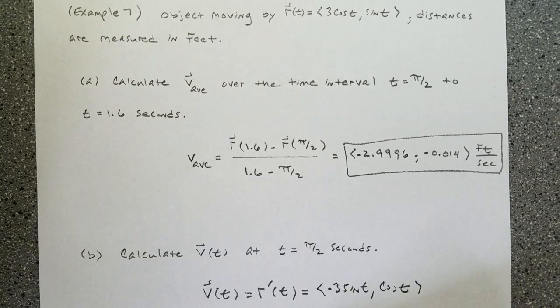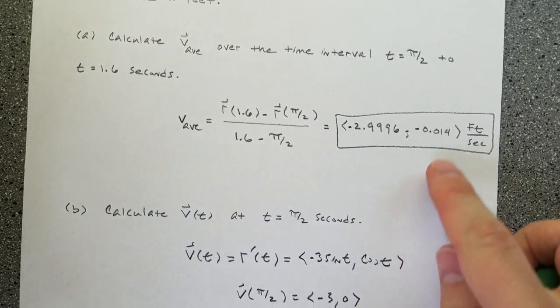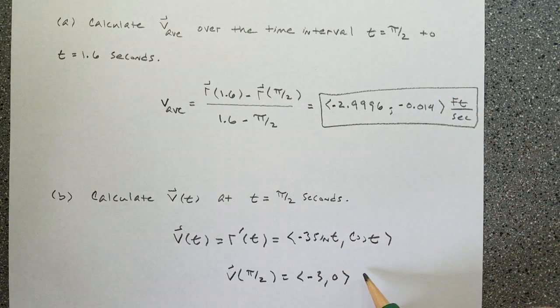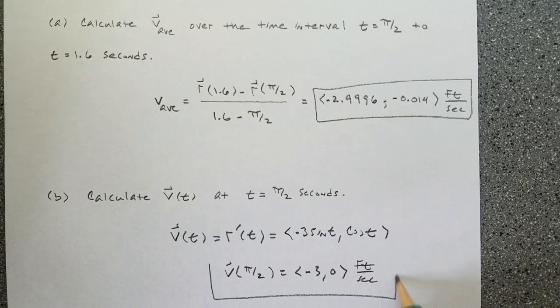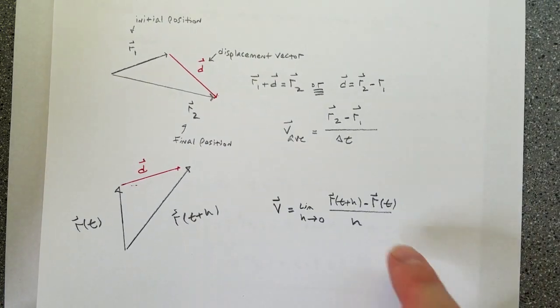And say you found v at pi over 2, just like it says, we're going to get minus 3 and 0. You see how close those are? Okay, that's in feet per second. Yeah, they're close. Why are they close? They're close because this is